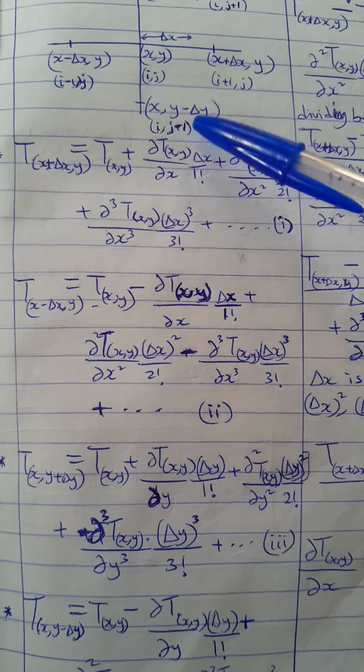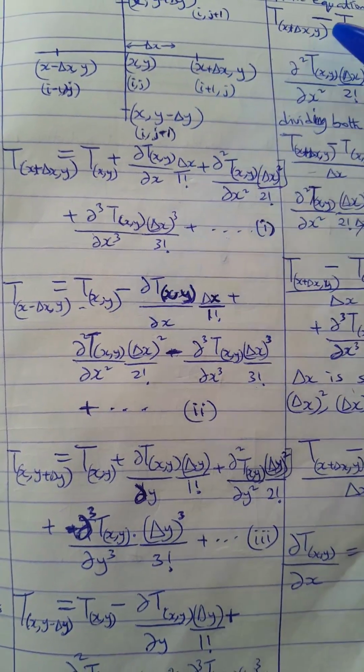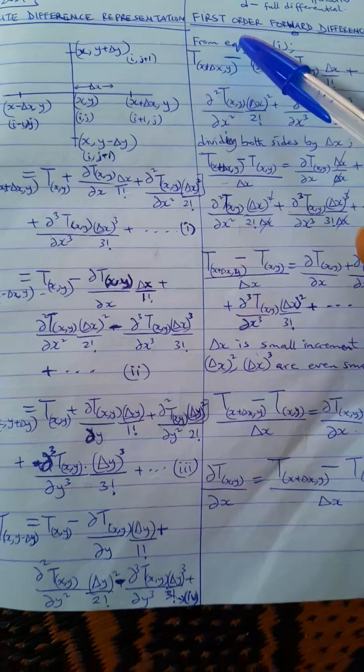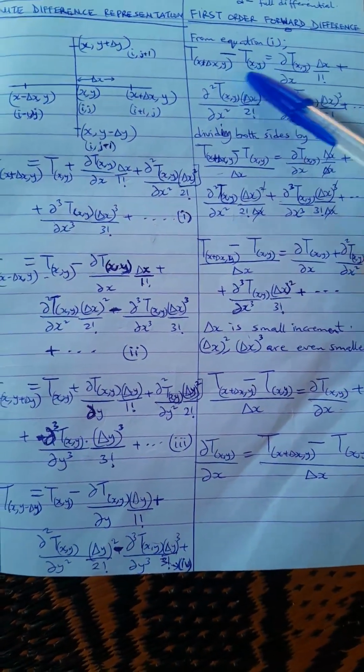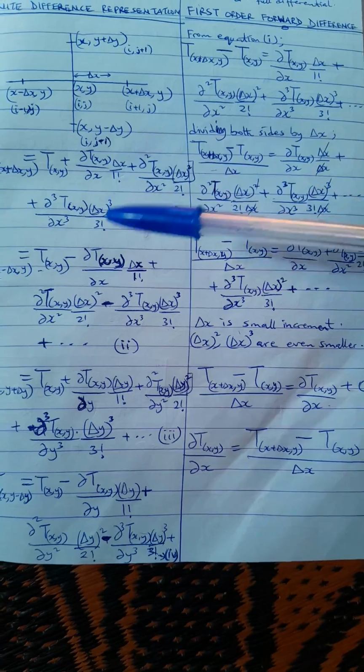And I said equation 1 is for increment towards x, positive x. So that's what you need here. From equation 1, from equation 1. So the equation 1 now, you just bring this